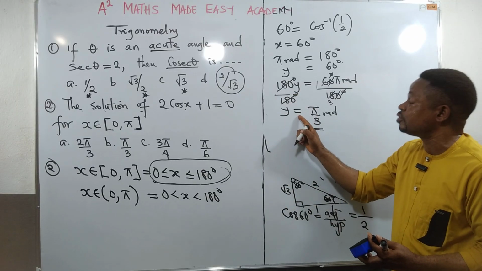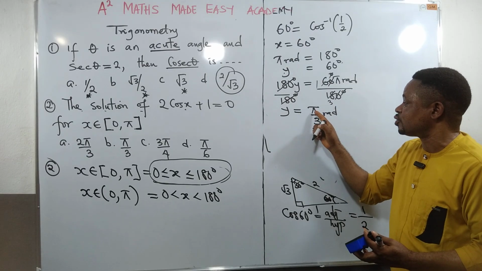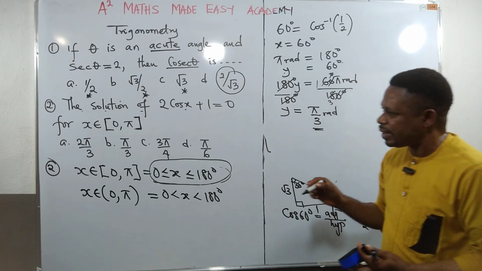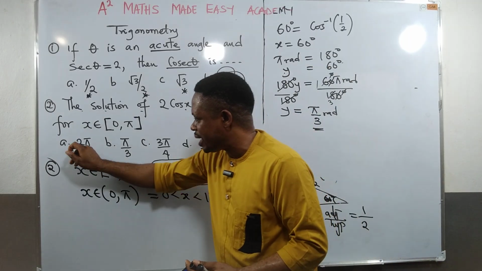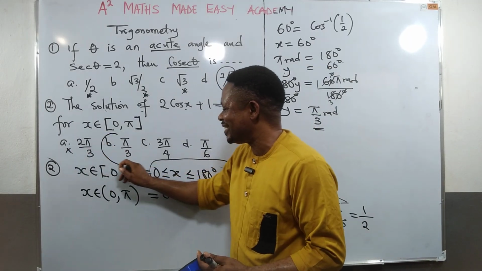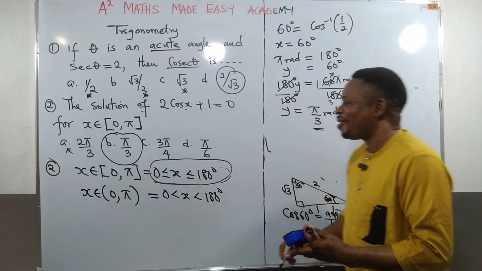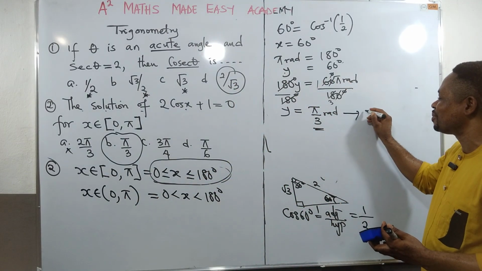Finally, y in radians, which means 60 degrees in radian, is pi over 3. Now let's go to the options. Is it pi over 3? No. What did I say? Now what? The correct answer in the options is option